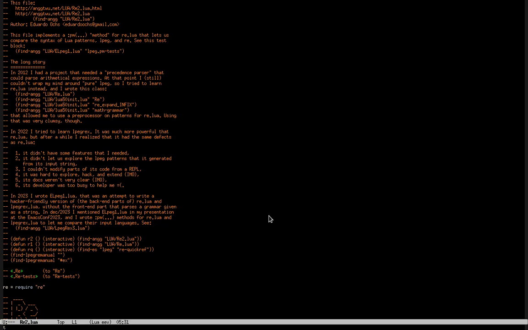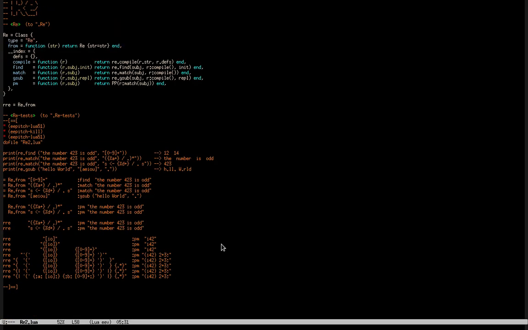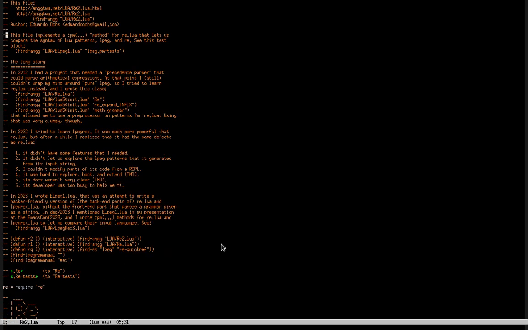And here are some comments about my attempts to learn re.lua. This is a class. In this case, it's a very small class. And this file implements a PM method. I'm going to show examples of other PM methods very soon. So this is a PM method for re.lua that lets us compare the syntax of Lua patterns, LPeg, and Re.